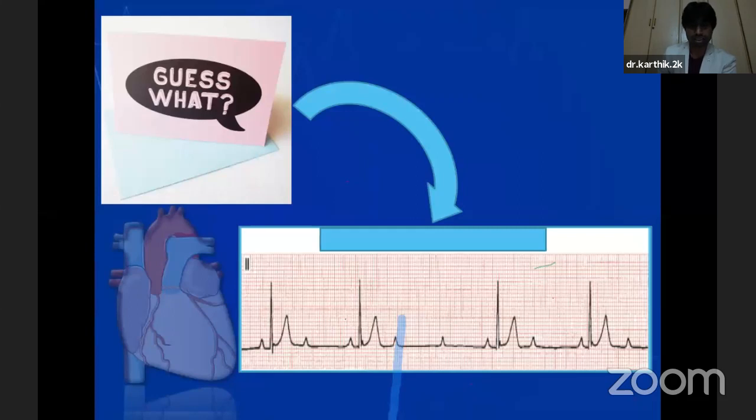So after having understood these axes, we went and learned a little bit about the P wave, the abnormalities of P wave, and then we had seen some illustrations depicting the abnormalities of P wave, after reading the normal characteristics, and then we quickly had a recap on the PR interval segment, its normal duration, and the conditions causing prolonged PR and short PR intervals.